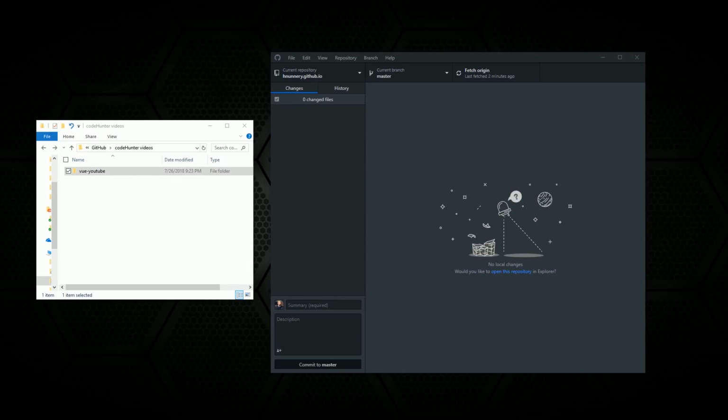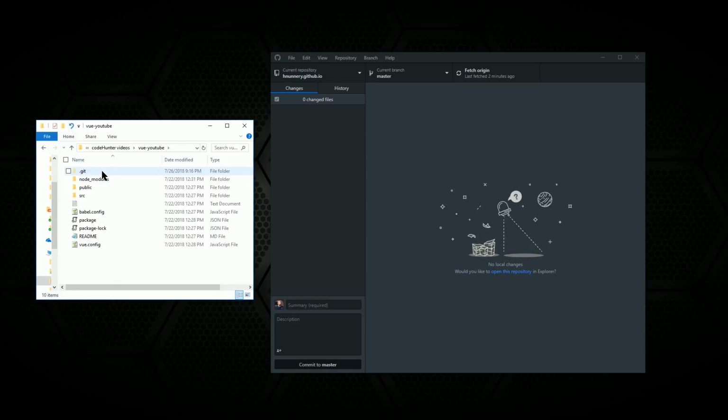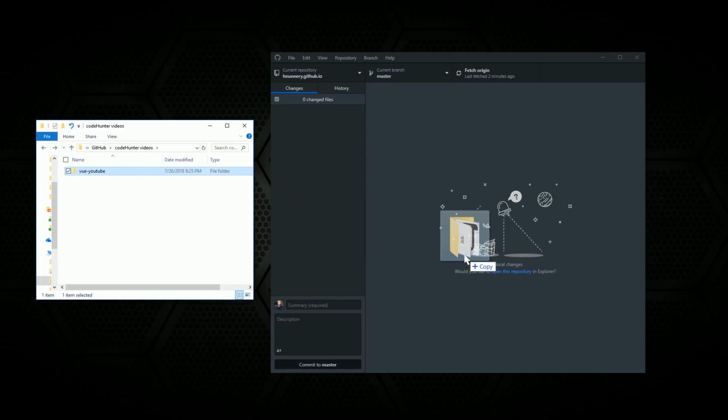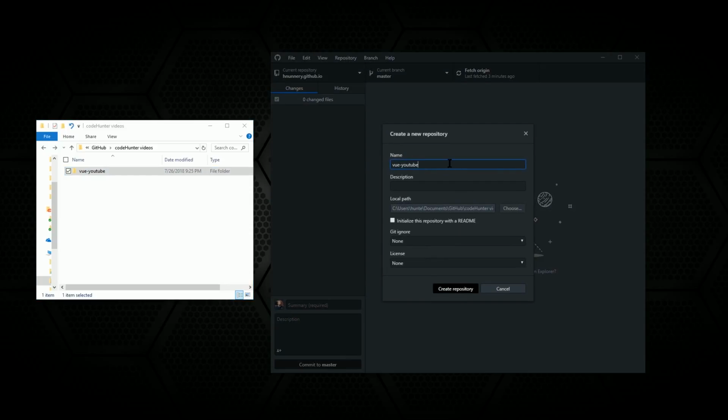So long story short, here's what you're going to do. This is on Windows, so on Windows you're going to go to the folder for your project, go into it, View, toggle Show Hide, and hit Hidden Items. And then you're going to select that .git file and delete it. And then at that point, you can just grab that project folder, drag and drop it. And it's going to ask if you want to add local repository. You're going to hit that hyperlink, create local repository,